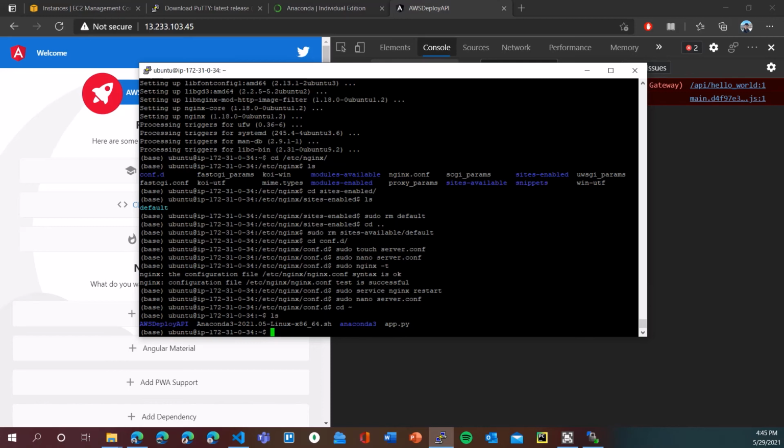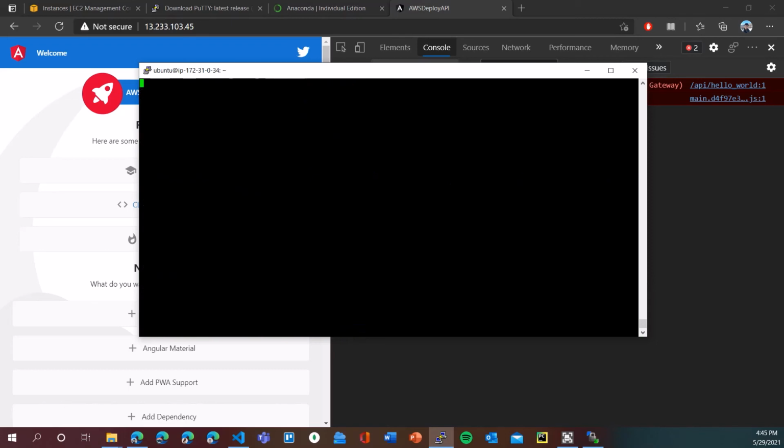To start your server, first create a screen. So type screen -s and name it anything. Let's say Flask server. We are creating a screen so that we can keep on running the server even when we are not connected to this server using PuTTY.